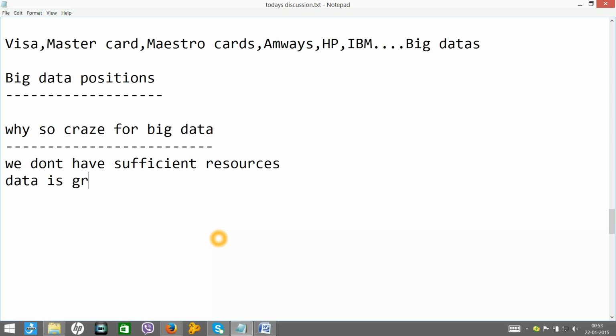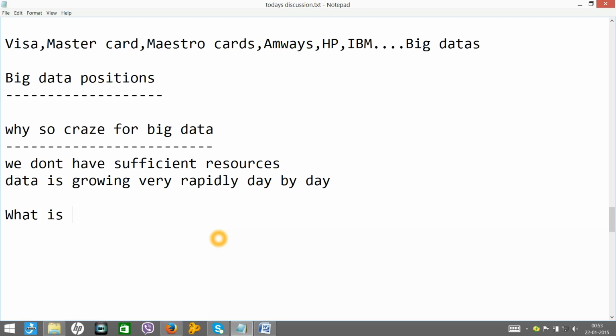Data is growing very rapidly day by day. The reason for the huge requirement for big data professionals is very simple: we need more and more resources because the data is growing very rapidly, and our existing resources are not sufficient to fulfill that demand.